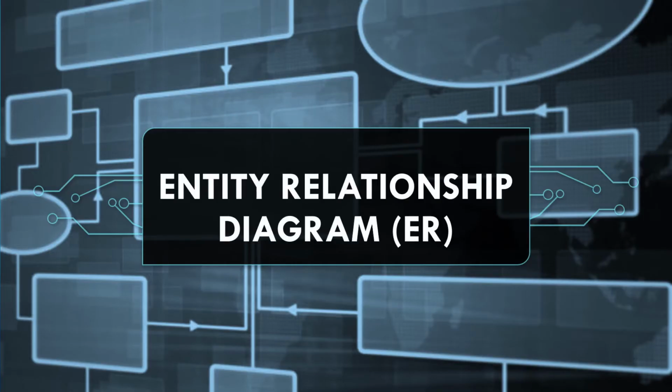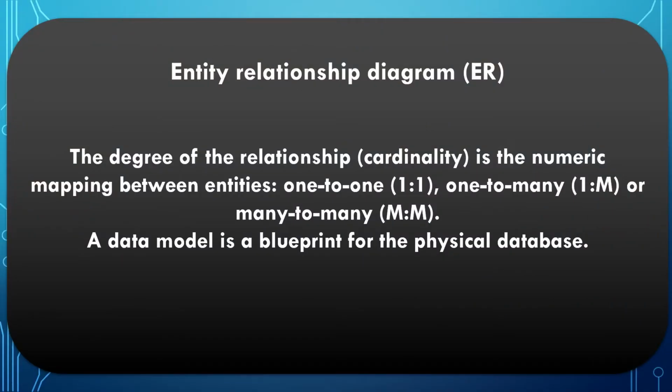Now let's have a look into the entity relationship diagram. The entity relationship diagram is a technique used to represent the relationship between business entities. It also explains the degree of the relationship, or the cardinality level, in a numeric or alphabet mapping. So let's say we have this type of cardinality: one to one, one to many, or many to many,